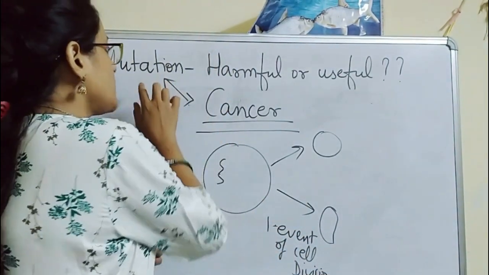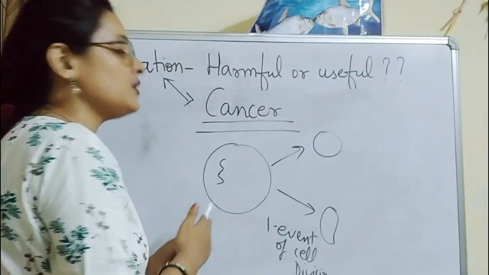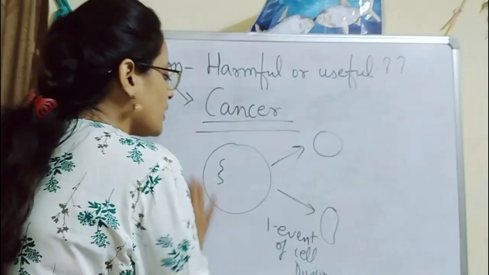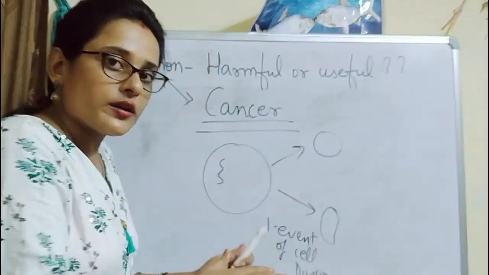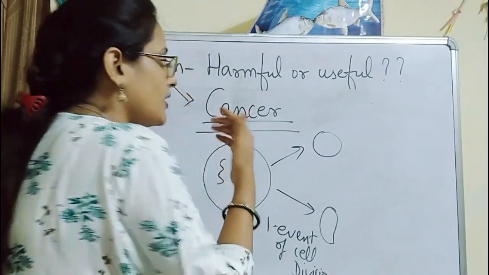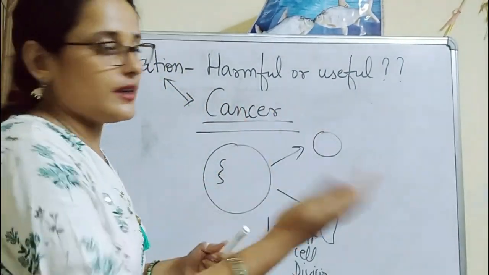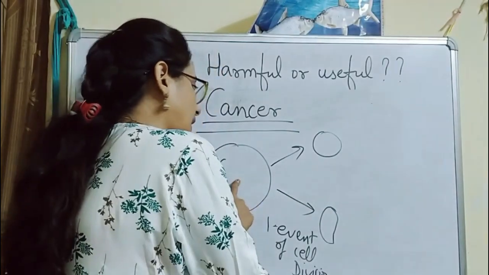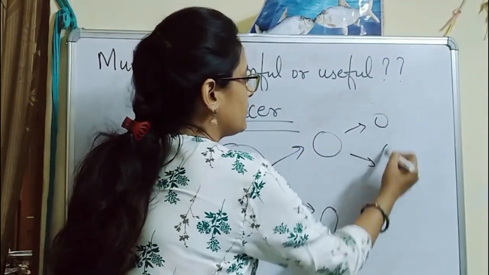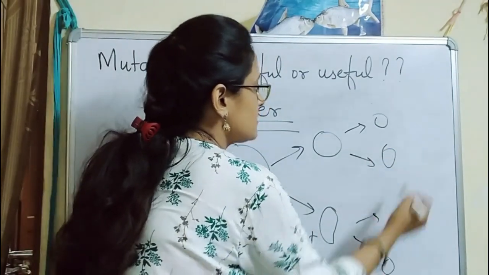Suppose a mutation has taken place in one such gene which controls the number of cell divisions. In that case, the control over cell divisions will fail, as a result of which this cell will undergo uncontrolled cell division. That is, instead of dividing into two daughter cells, these daughter cells will keep on dividing and will generate